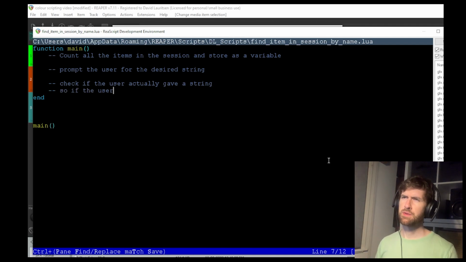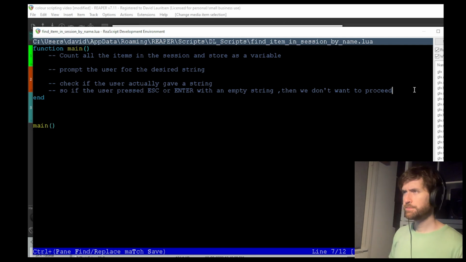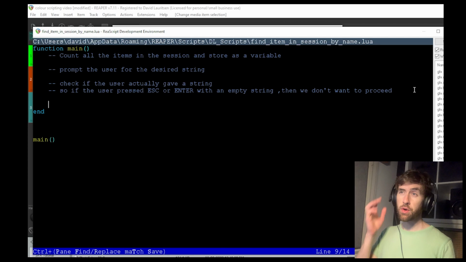So if the user pressed escape or enter with an empty string, then we don't want to proceed. I think that's fair. Okay. So if our string is not an empty string,